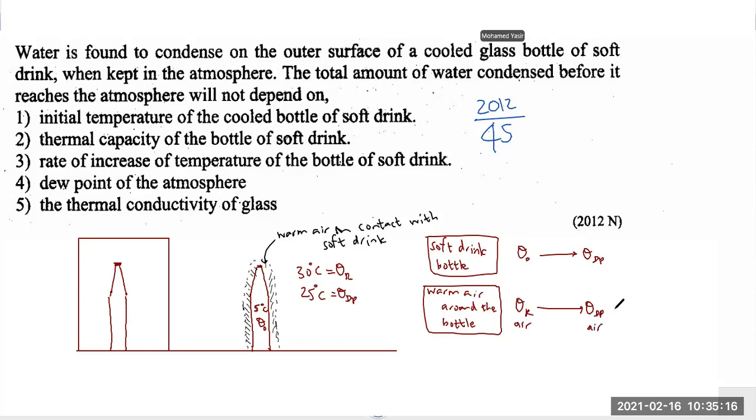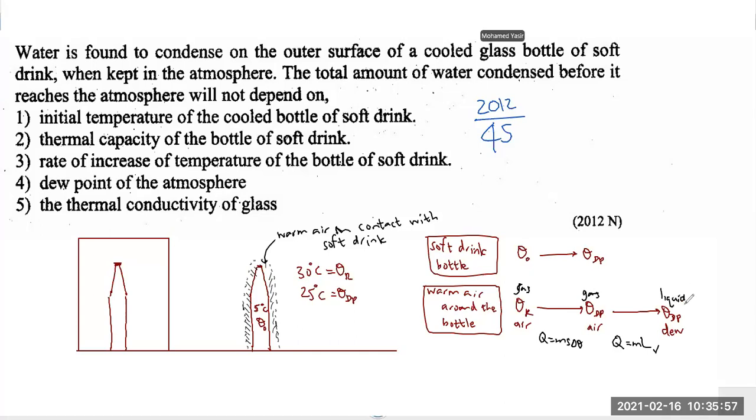And after it has reached the dew point, then the water vapor in that air will start condensing into water, let's say dew. This is the transformation there. So for this portion, you have to use the equation Q equals m s delta theta. And for this portion, you have to use the equation Q equals m l v, because there is a transformation in the physical state. Here it is a gas, here still it is a gas, and now here it has become a liquid.